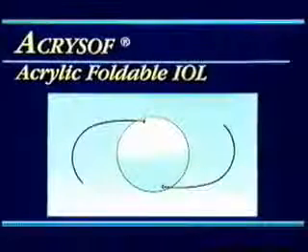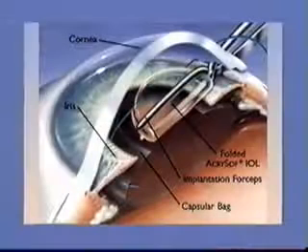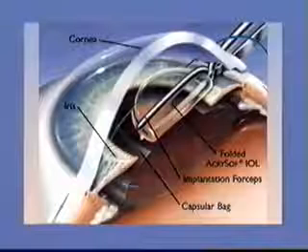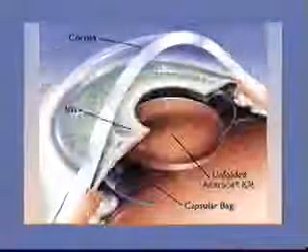This type of lens is foldable, in that it can be folded outside of the eye and pass through our small incision and eventually unfold inside the eye without enlarging our incision. Let's see this done in practice. Here the lens is grasped, eventually folded, and placed in through our incision into the eye,